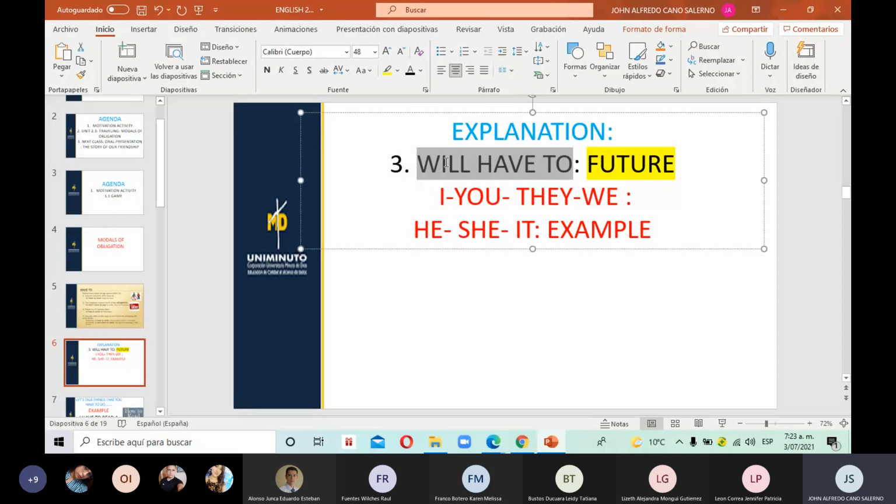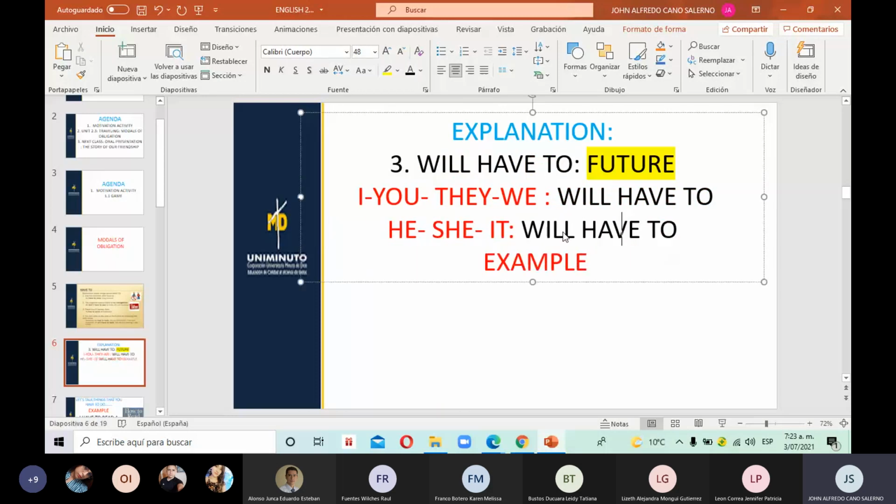Will have to is used with all personal pronouns. For example, I will have to, you will have to, they will have to, and we will have to. It's like yo tendré que, tú tendrás que, ellos tendrán que, nosotros tendremos que. He will have to, él tendrá que, she will have to, ella tendrá que, it will have to, eso tendrá